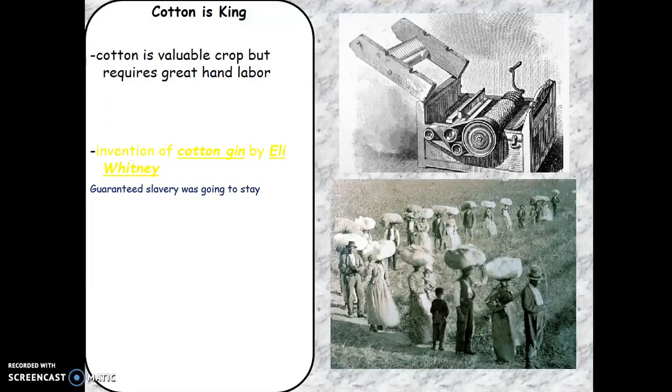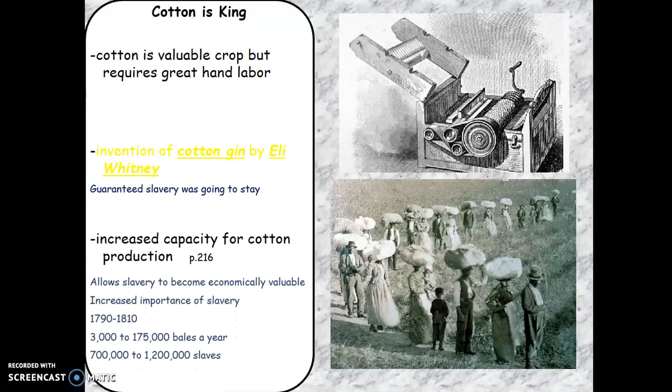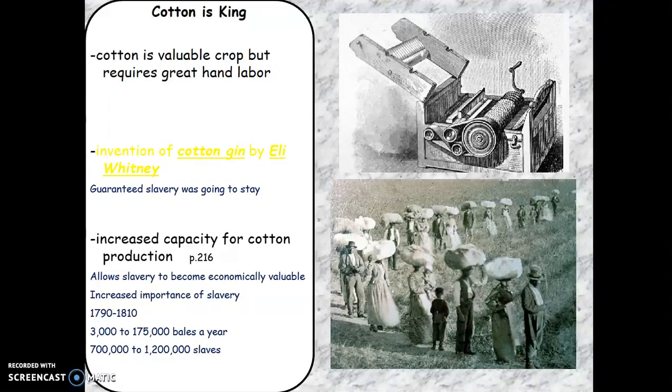I know my note says was going away, but make sure you put was not going away, because now, where you might have only had 500 acres that you could plow because that's all you could get the seed out of in time, now you don't have that problem. So your farm, you're going to try to have a 1,000-acre farm now. Just to show you how it does increase the capacity for cotton production.